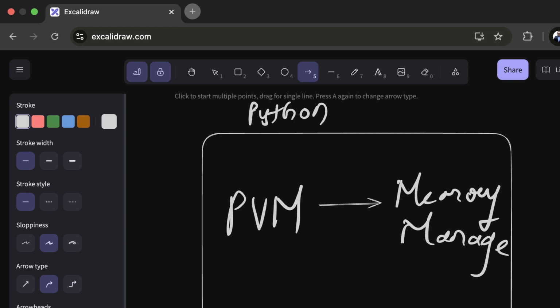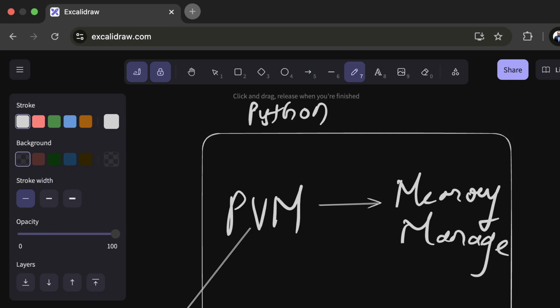This PVM is going to refer to the memory management, and what this PVM does is dispatch C functions, right? So C functions are going to get called, which are very close to the hardware,